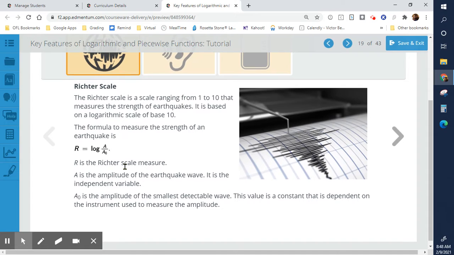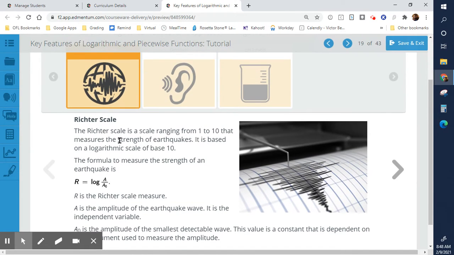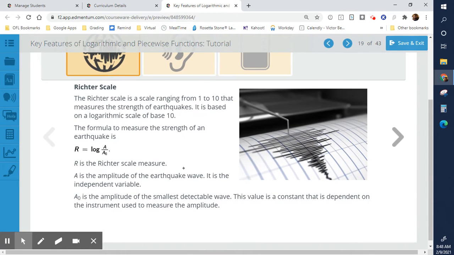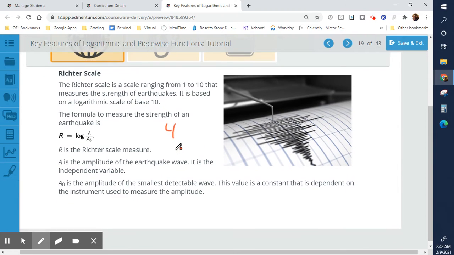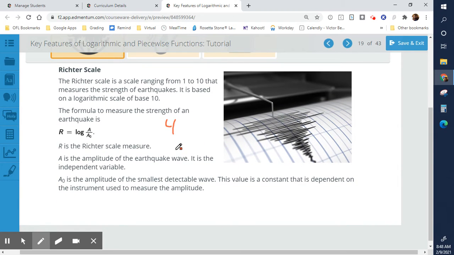The Richter scale tells us how strong an earthquake is by base 10. So for example, if we have something like a 4 on the Richter scale, we're not just talking about what are we measuring there. It's like, well, 4 is a lot bigger